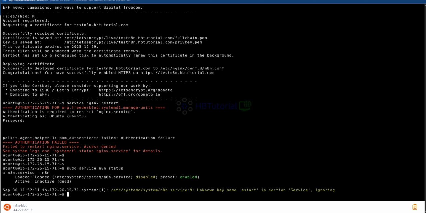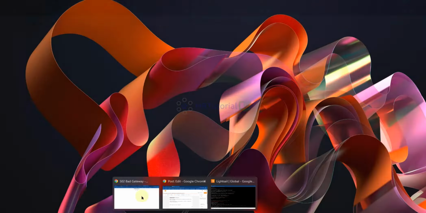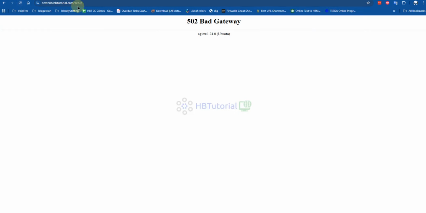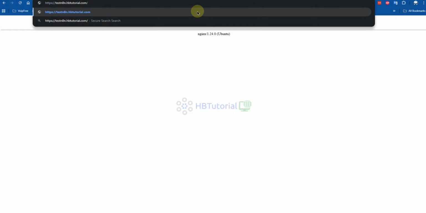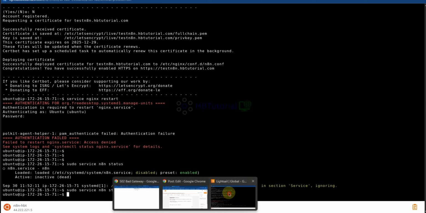As you can see, it's not running. So going to start our n8n. I'm not sure if that's correct, but let's try. Okay, so we're facing an error over here.